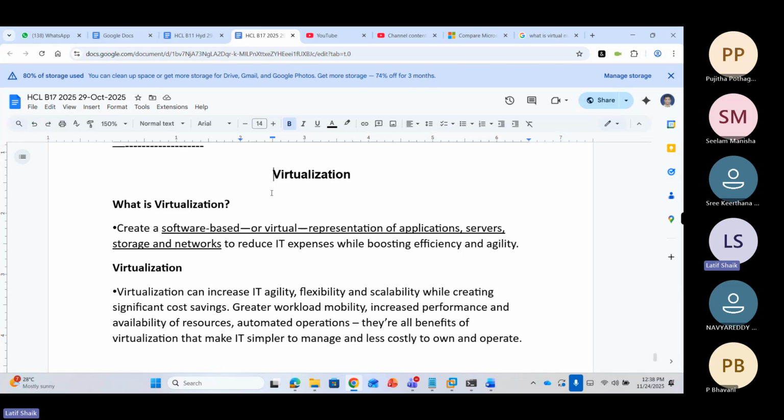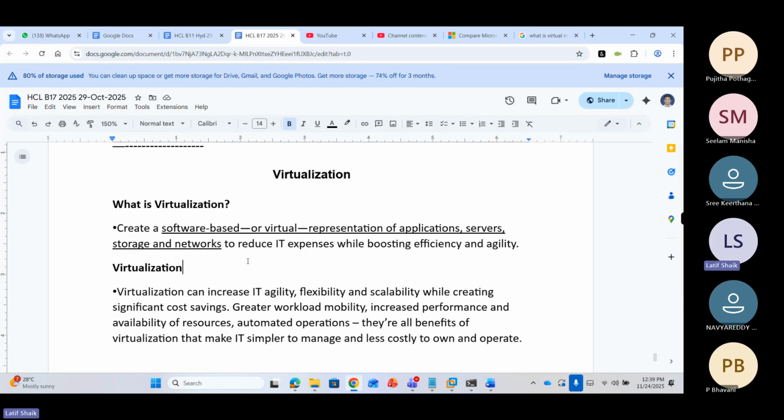Okay, so after a very long time, we are discussing virtualization. It is one of my very favorite subjects. First of all, what is virtualization? Then types of virtualization. Next, what is a virtual machine? And what are the different hypervisors? We'll also see, guys. It actually takes 2-3 hours to explain, but we'll try to keep it very simple. These are just in case you get a question in an interview. Okay,